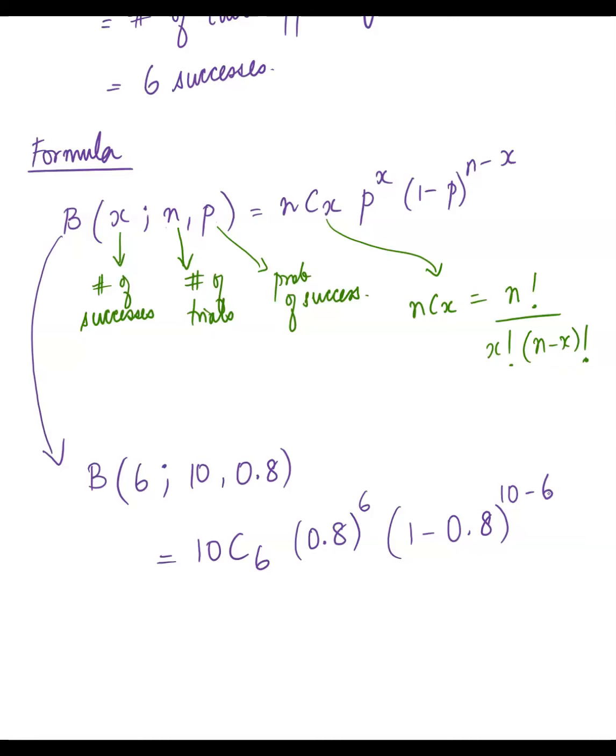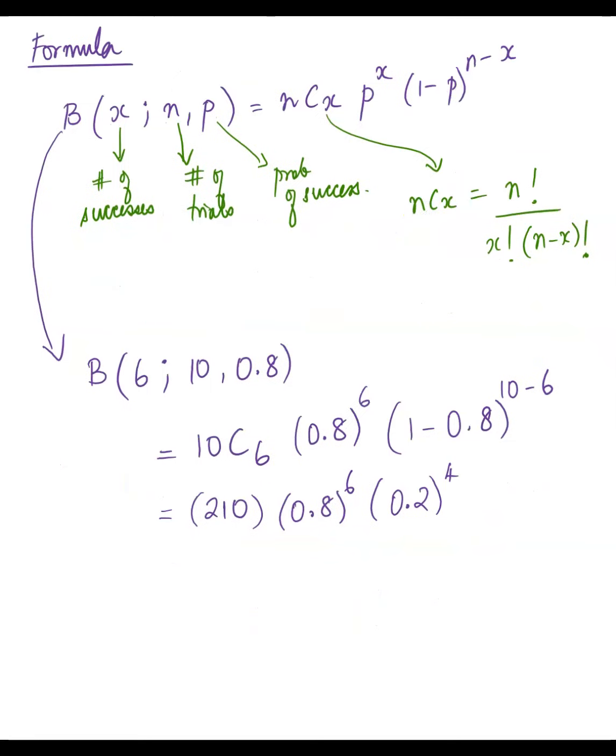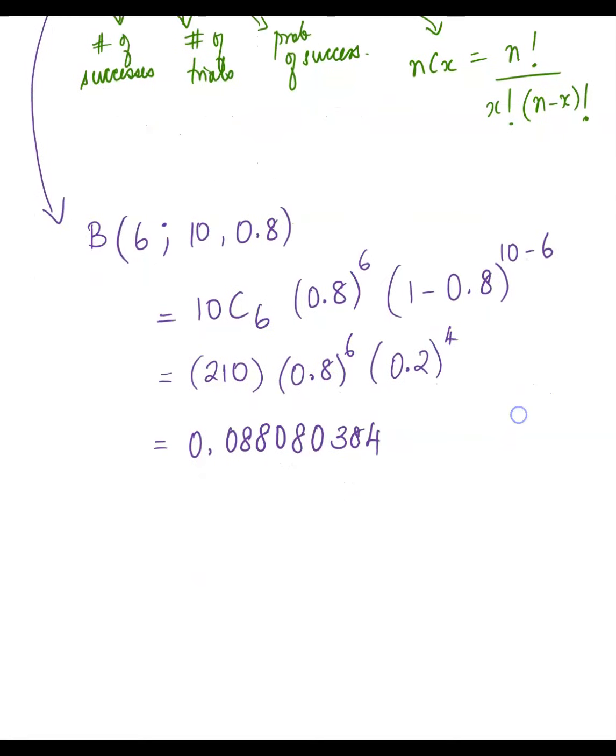The other way is to use the calculator again, but then use in the graphing calculator you have the Binomial Pdf version, and we could use that to get the value here. So in your calculator you could do 10C6, then 0.8, and 1 minus 0.8 is 0.2. If you plug these all in, you get 0.088080384. I'm giving you the full expanded value. If you were to use the Binomial Pdf